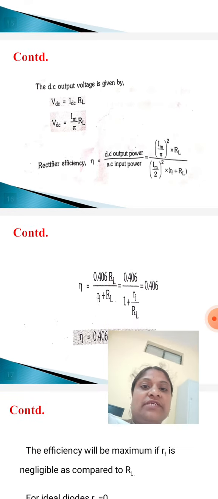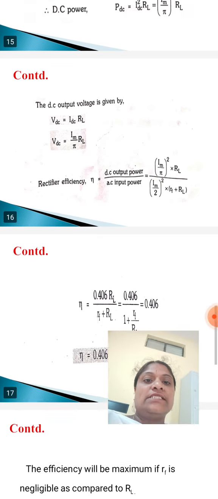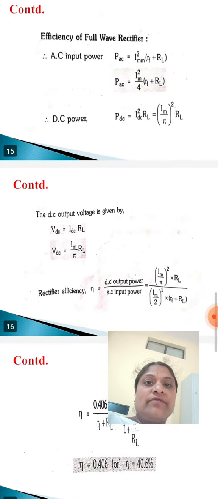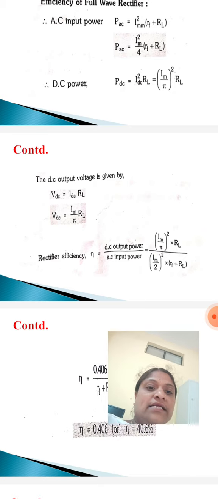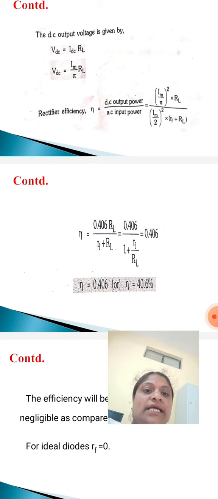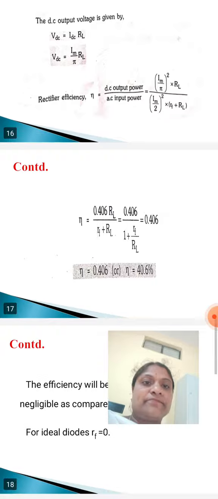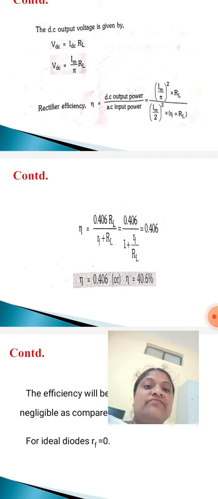So therefore the rectifier efficiency eta is equal to DC output power by AC input power. So what about DC output power? This is DC output power, Im by pi whole square into RL, whole by, what about AC input power? Im by 2 whole square into RF plus RL. So Im square gets cancelled. 4 by pi square. Pi means 180. So therefore after simplification of all these, efficiency eta is equal to